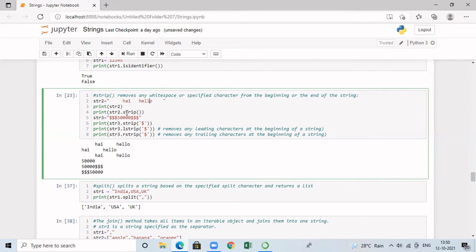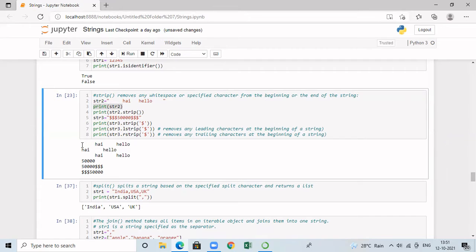So I have initialized the string object with this particular data. Now I am calling the function strip with the help of this string object str2. When I run this, before this, I am printing the string object. I am getting the output like this. Initially I have some space, after that hi, then space, and then hello. Then after I call the strip function, when I print the data, this is going to remove white spaces at the beginning as well as at the end of the string.